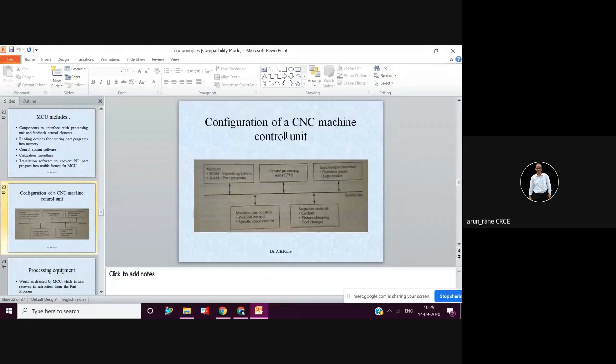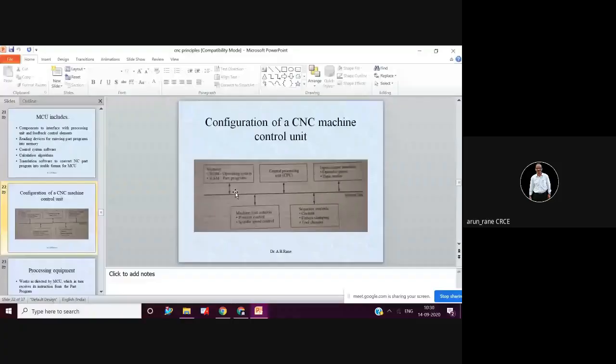So how do you configure, or what is the configuration of a CNC machine tool? That is, you have a processing unit, then you have input output interface, then you have memory, and these are connected to your position control, spindle speed control, coolant, fixture clamping, tool changer, etc. through the bus, meaning wire.